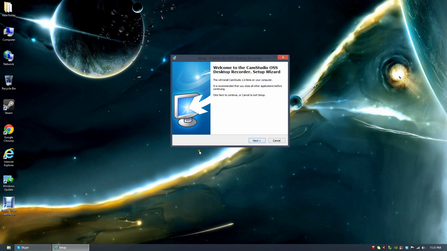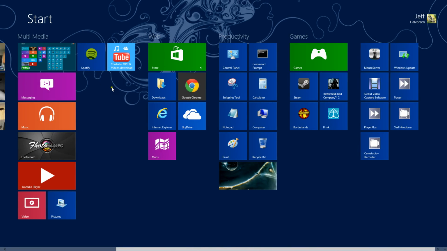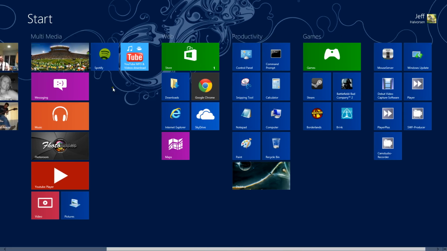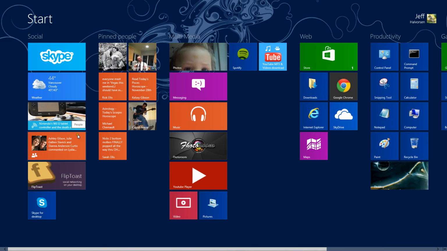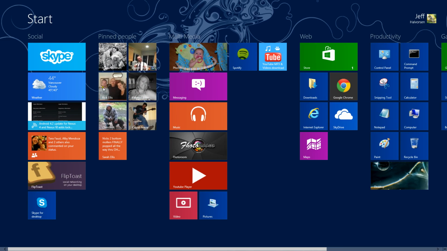I love where they're going. I love the new interface and the Start menu, and getting to navigate between this awesome looking background and having these very minimalistic squares that you can go into, very live tiles that show you exactly what you want to see. I have pinned people here. I have